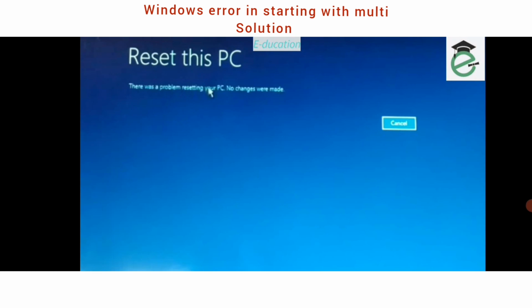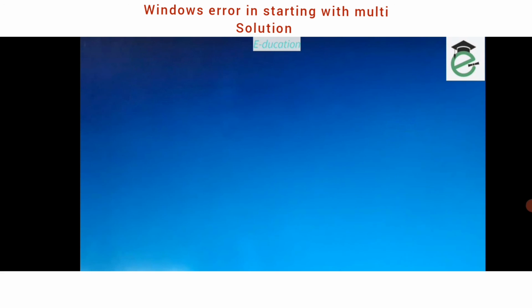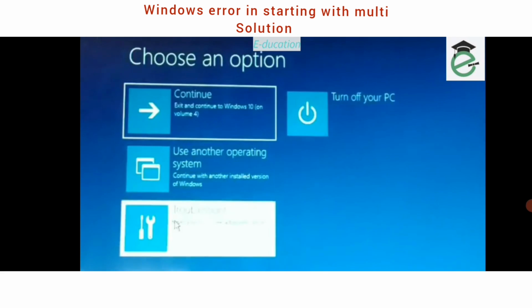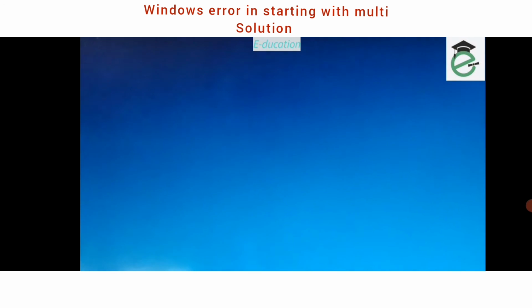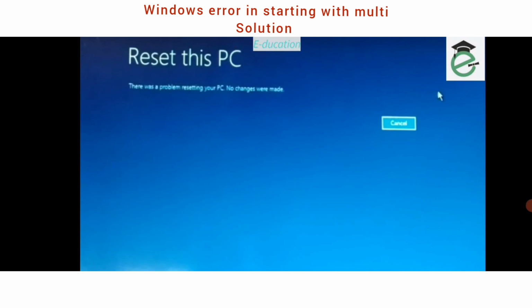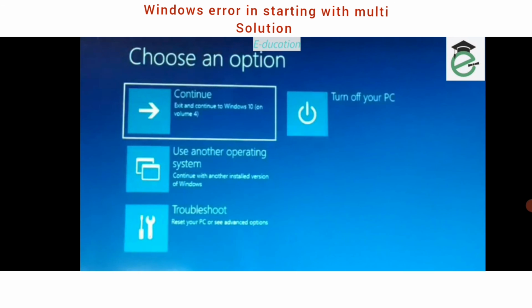Sometimes there is a problem: resetting your PC, no changes were made. If you are getting this problem sometimes, you just have to restart your computer and try resetting your PC again. See, I'm getting the error message right now. So even if this does not work, there is no way, guys. You just have to